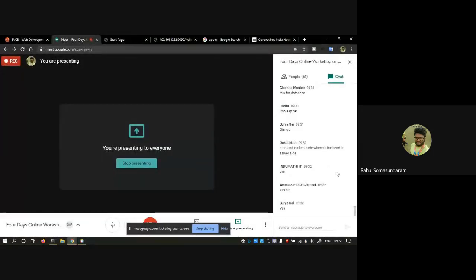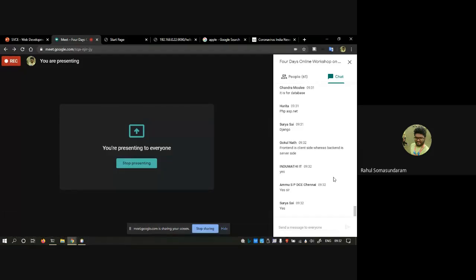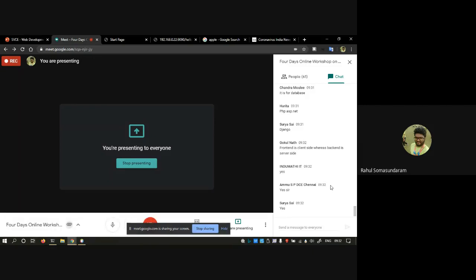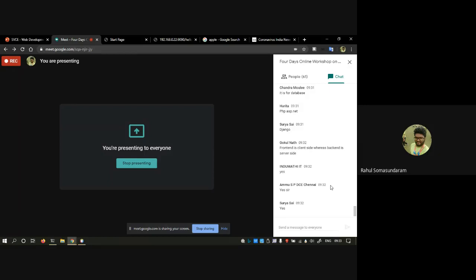So the front end web page is typically made up of HTML, JavaScript, CSS. One more thing, don't confuse JavaScript with Java. Both are entirely different. JavaScript is typically used for front-end programming, whereas Java is separate. Both follow very different paths and are not related to each other at all. Are you clear with this?